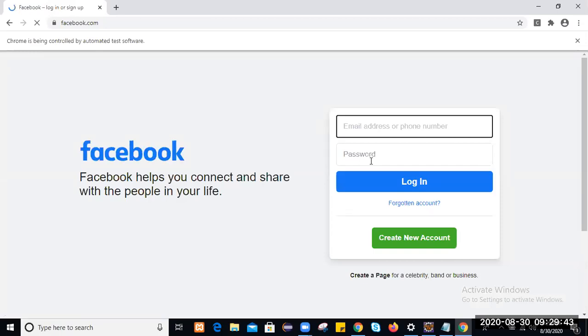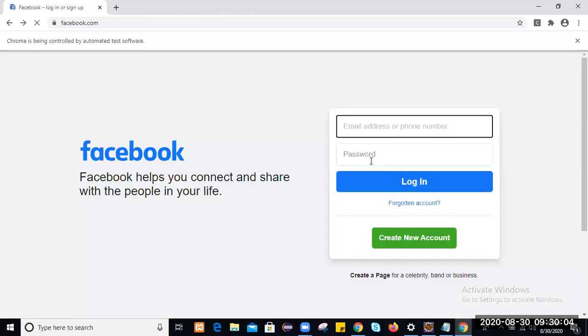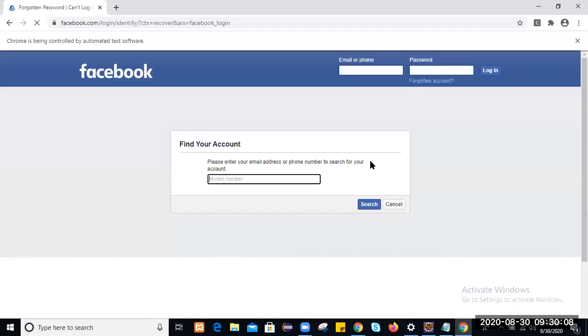Once this page loads, it will get the title, then perform a click operation on forgot account. You will be on the forgot account page. It will get the title, go back, go forward again, refresh this page, and then close.